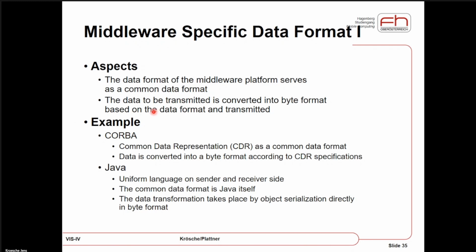And due to this common data format that is used inside the middleware technologies, of course, the client and the server part are able to interpret what they want from each other and what needs to be transmitted. And typically, one example that is printed down in textbooks is the Common Object Request Broker Architecture, CORBA. This is something that was envisioned, was it in the 90s? Not sure, but this was some hype.